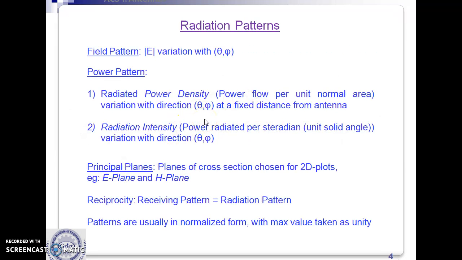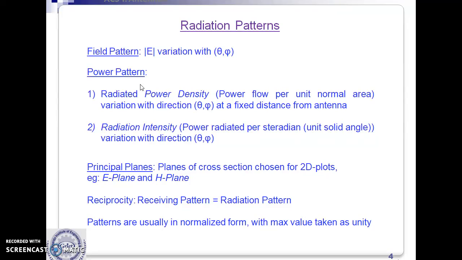Then, as the most analyzed part of antenna behavior, we have radiation patterns. All antennas radiate differently in different directions. The parameter we measure or assess in various directions is the magnitude of electric field, how it varies in various directions, theta direction and phi direction. To assess how this directional nature of antenna radiation is,